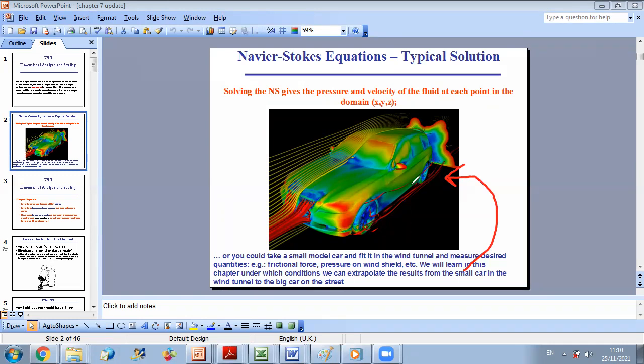And once I validate this, I can conduct the parametric study on CFD. Okay. Now,